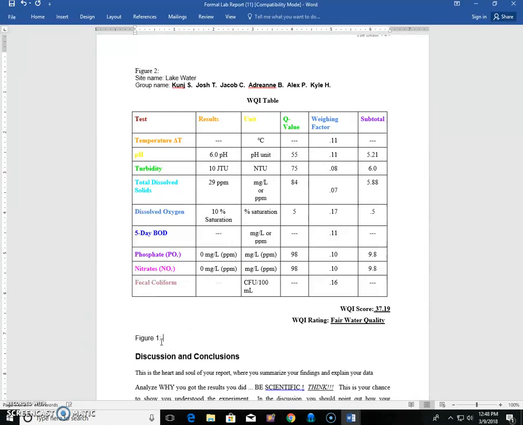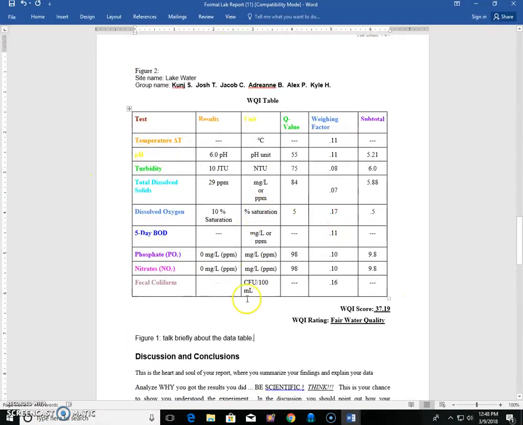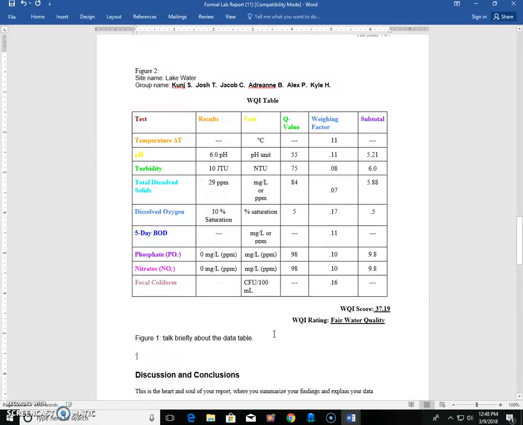Figure 1, and talk briefly about the data table. I want you to write in very simple terms what the results were. Act like I don't know what this whole chart is. I'm very clueless. Act like I have no idea what this even means. So I want y'all to write down what figure 1 was. And then write down about figure 2. I know figure 2 isn't yours, but you still need to talk briefly about what those results are. Then